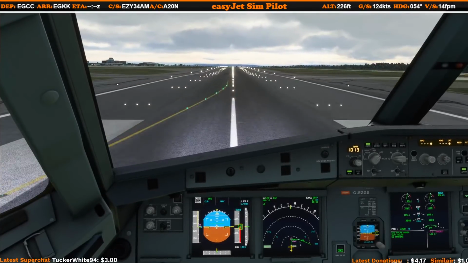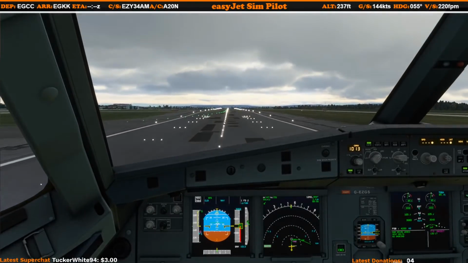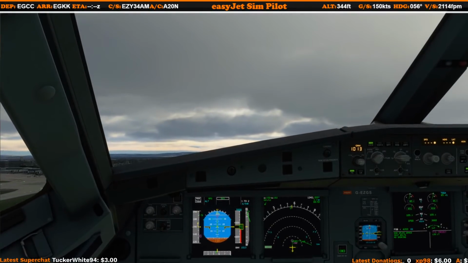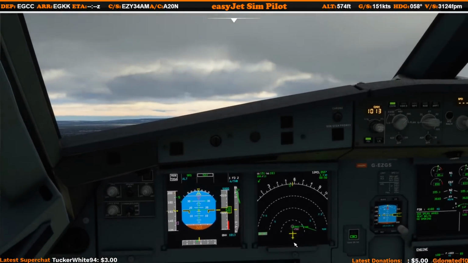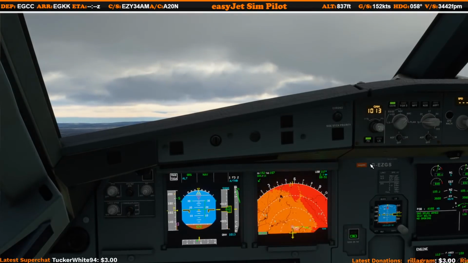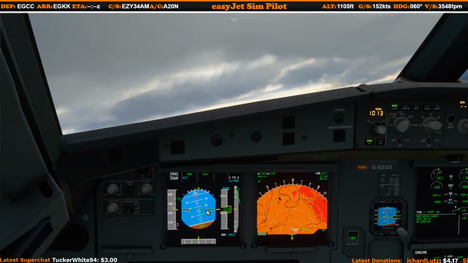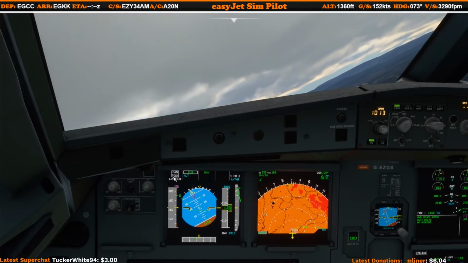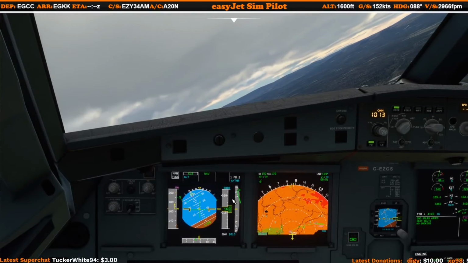And we're now passing V1. Rotate. Nav is now showing, so the aircraft knows it can now fly the navigation line that we have programmed. And we can follow the flight directors, so right hand turn, keep those centered. Lever climb is showing, so we're going to lower that nose again, follow the flight directors, and